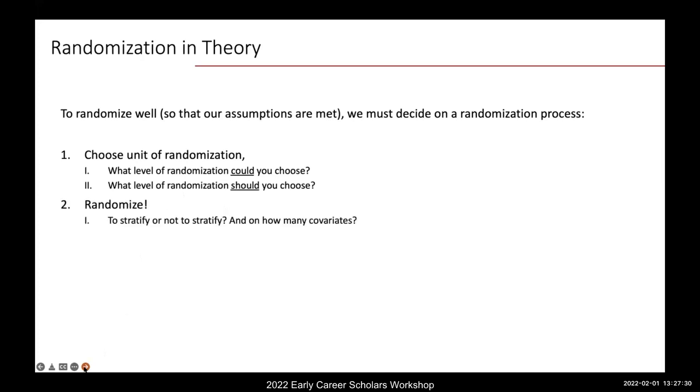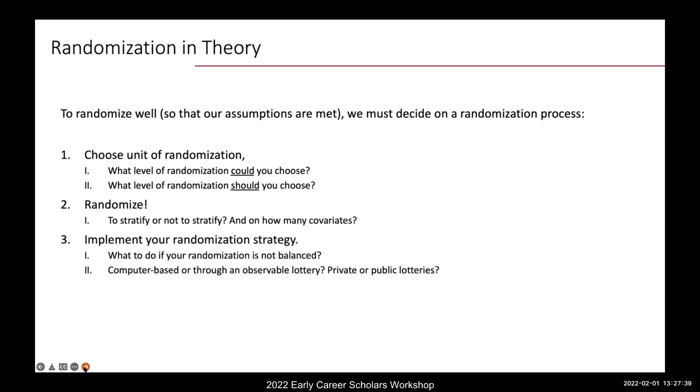We then randomize, but have to decide on whether we stratify or do not stratify, and we have to decide on how many covariates we're actually going to use. We obviously then have to implement our randomization strategy, and then several other questions occur that we're going to talk about,